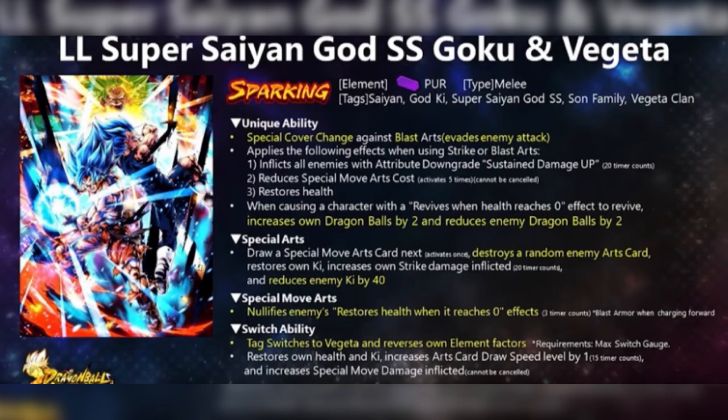They're purple, they're melee, and their tags are Saiyan, God Ki, Super Saiyan, God, Super Saiyan, Sun family, and Vegeta family, right? Which is obviously expected. Their unique ability: special cover change against blast arts, evades enemy attack, applies the following effects when using strike or blast arts. 1, inflicts enemies with attribute downgrade, sustained damage up, lasts for 20 time counts. 2, reduces special move arts cost, activates 5 times and cannot be cancelled, and restores health when causing a character with revives